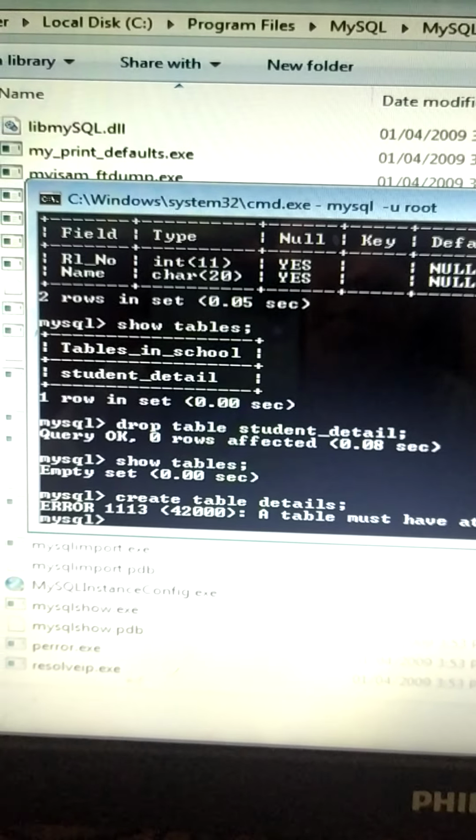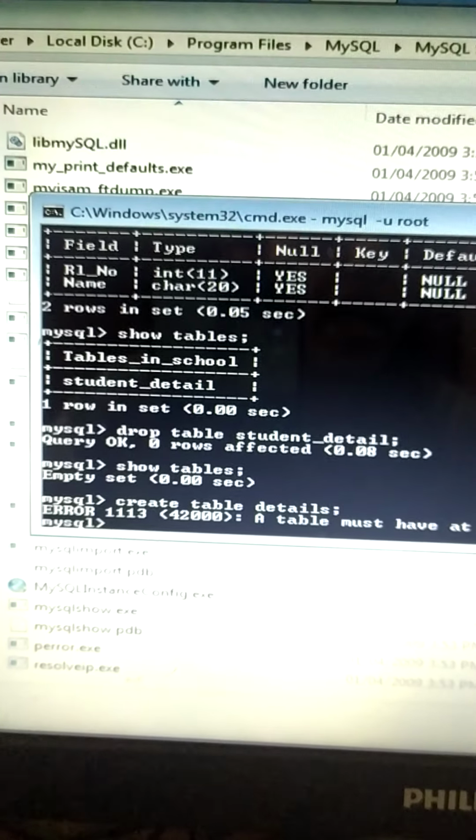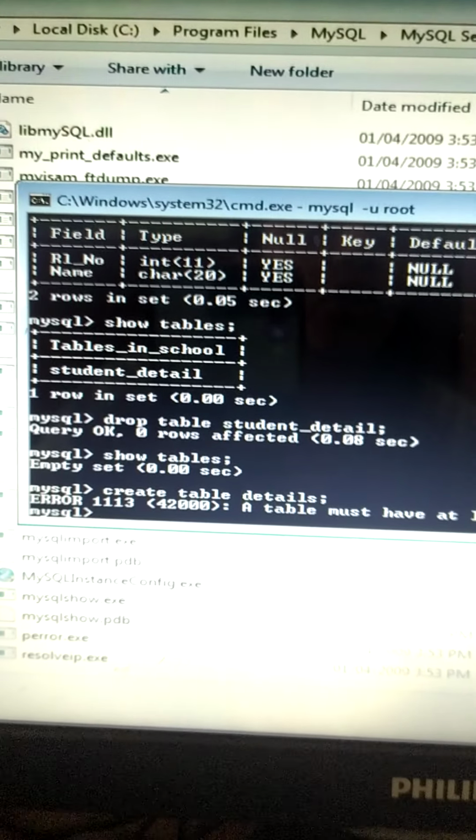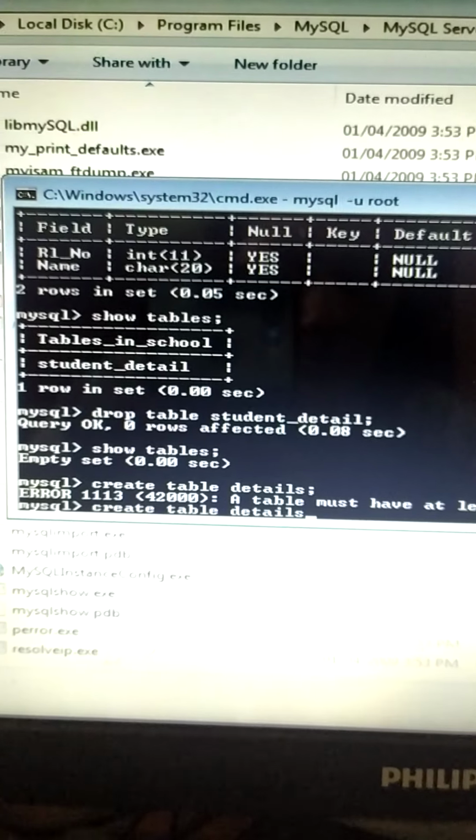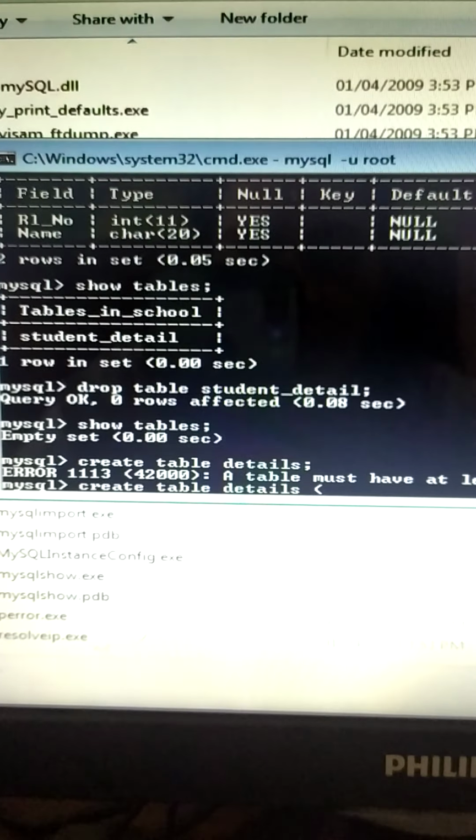Why is this error coming? Because we have not added even a single field to our table. So we'll have to add fields.